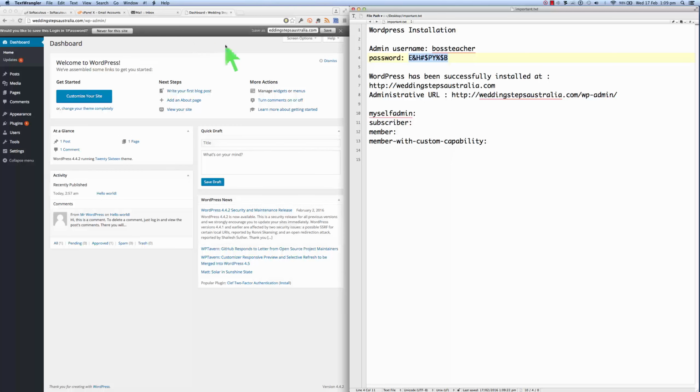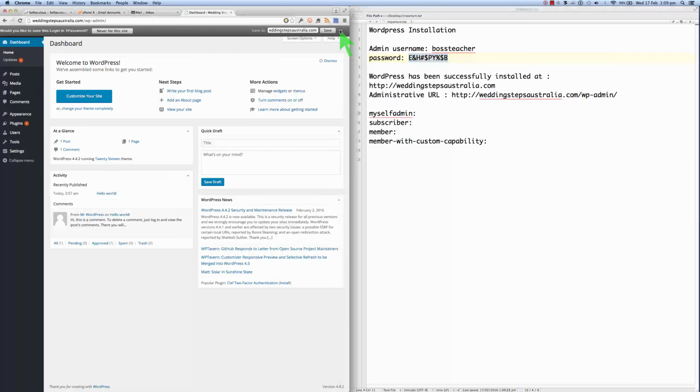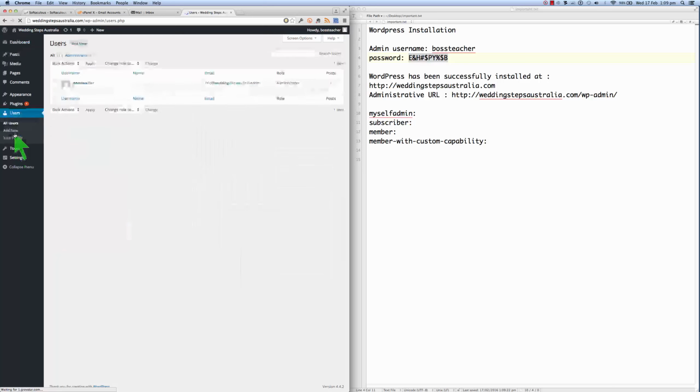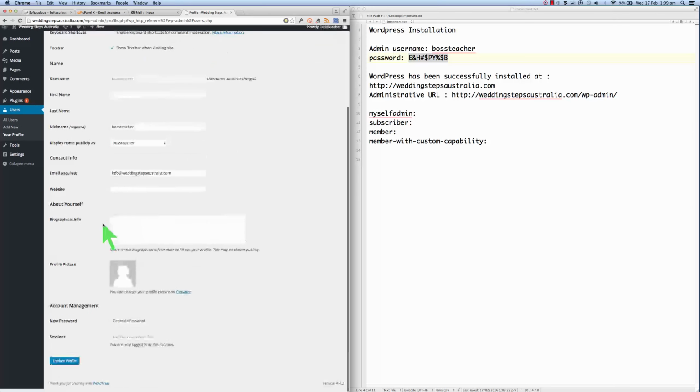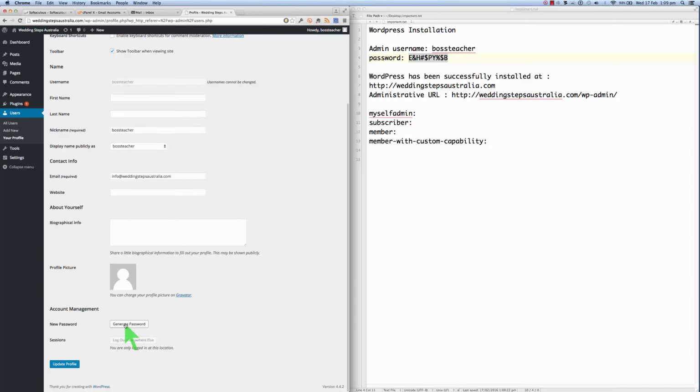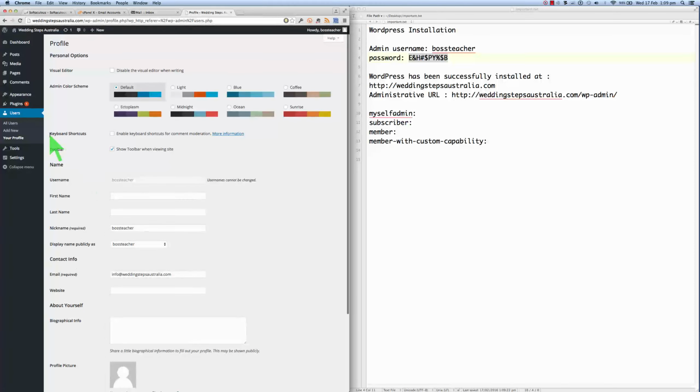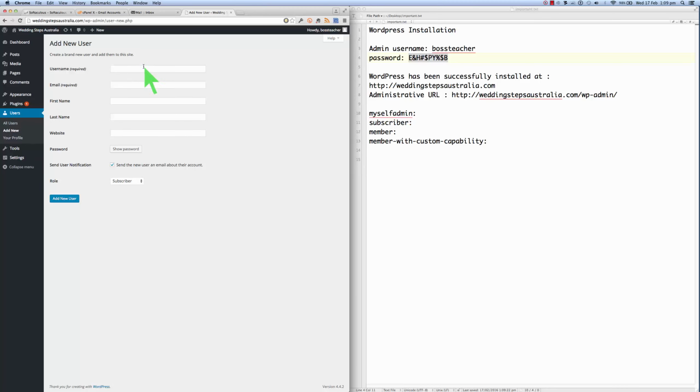Alright, so here's logging into our WordPress. This is the dashboard here, and as a super administrator I can just have a look at users here. Right, so there's just myself. Okay, and if I wanted to, I could generate a new password for myself. I'm not going to do that. I'm going to add new users. I'm going to add 4 new users, and